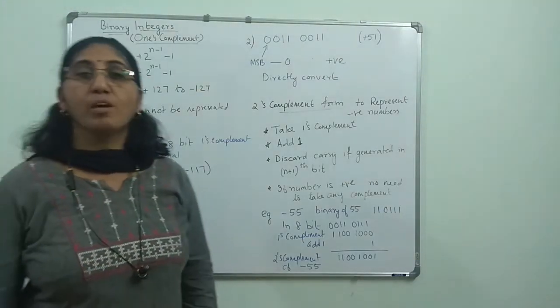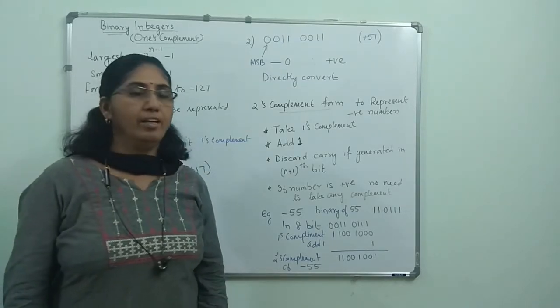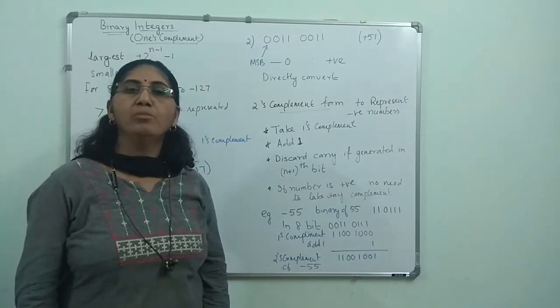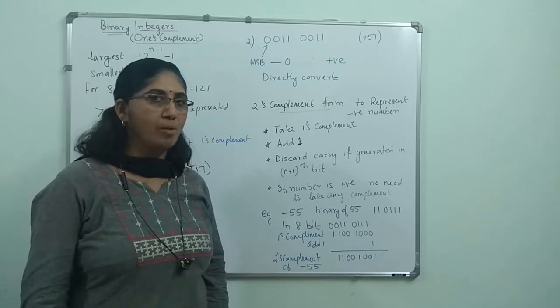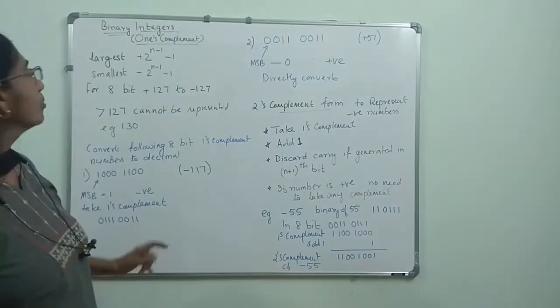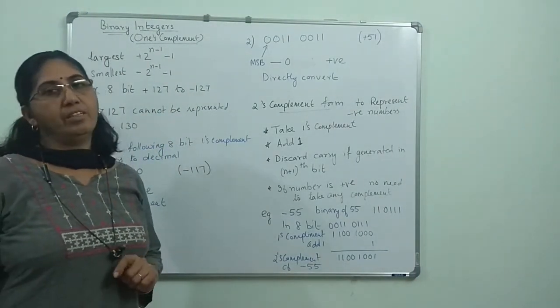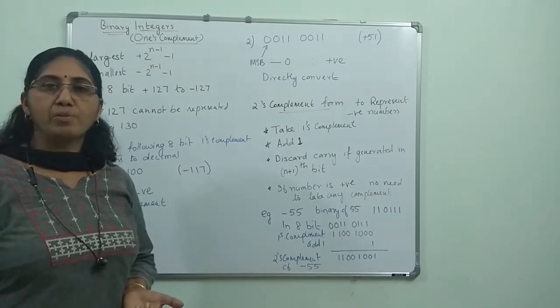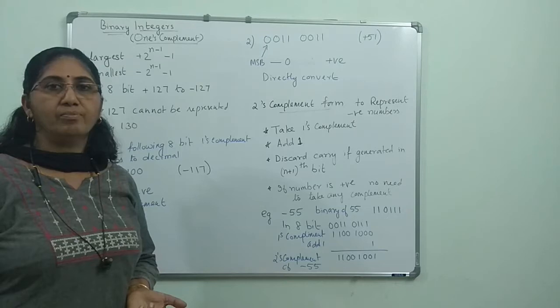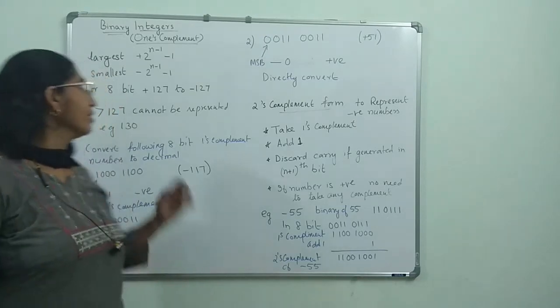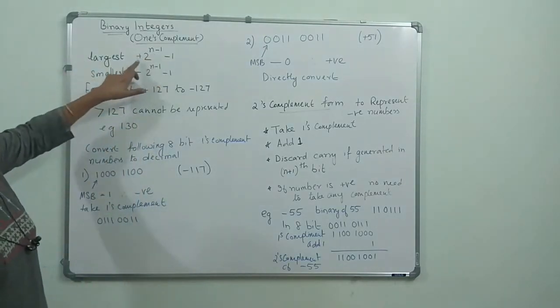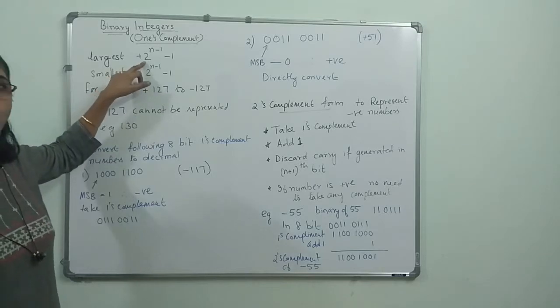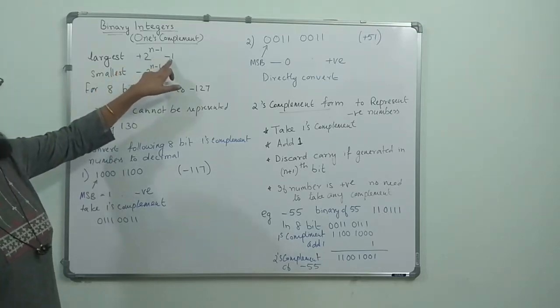In the last class, we have been discussing how to convert a number in the decimal system to the binary in the ones complement form. So if we are having an n bit in which you are representing, suppose it is 8 bit, what is the largest number you can represent? Let us say it is n, the largest number it can represent will be 2 raised to n minus 1, minus 1.